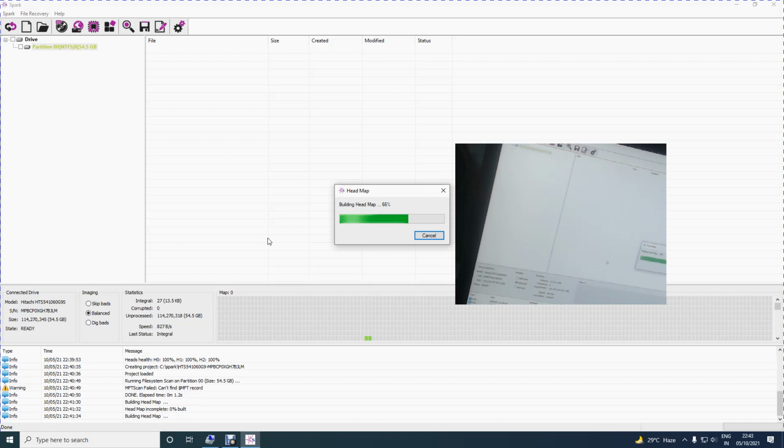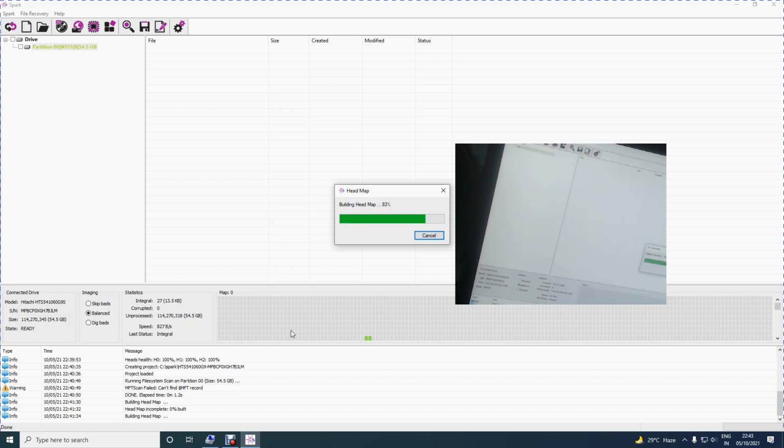Spark is a wonderful tool, and can be compared to DeepSpar also, but DeepSpar has certain more features and is relatively about 10 to 15% faster than Spark in imaging the drive. Now it's all 77%, 78%. Let's see building head map.